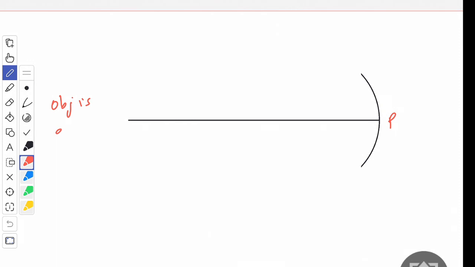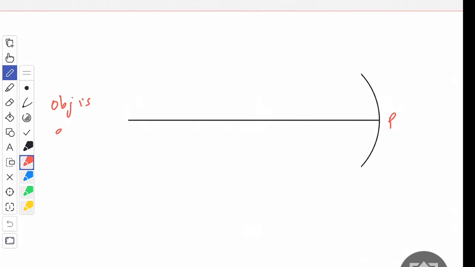Now I've not proven this to you, I've just shown it to you. In class 11, they will be able to do the derivation. Right now, I can just give you the basic idea. All these rays would, after reflection, meet at the same point. Now think about it. All the parallel rays are coming to the same point. So what will we call this point? All the rays are getting focused at this particular point, and this point is called